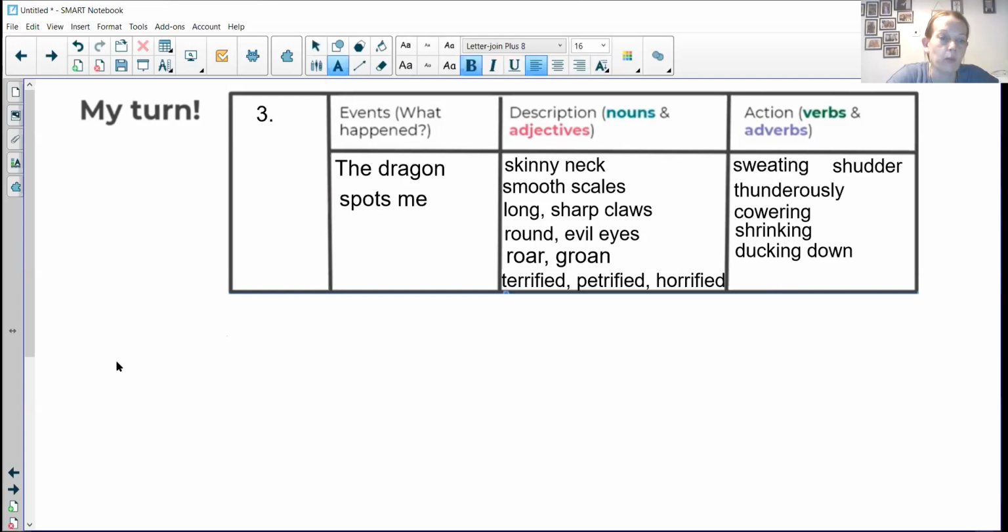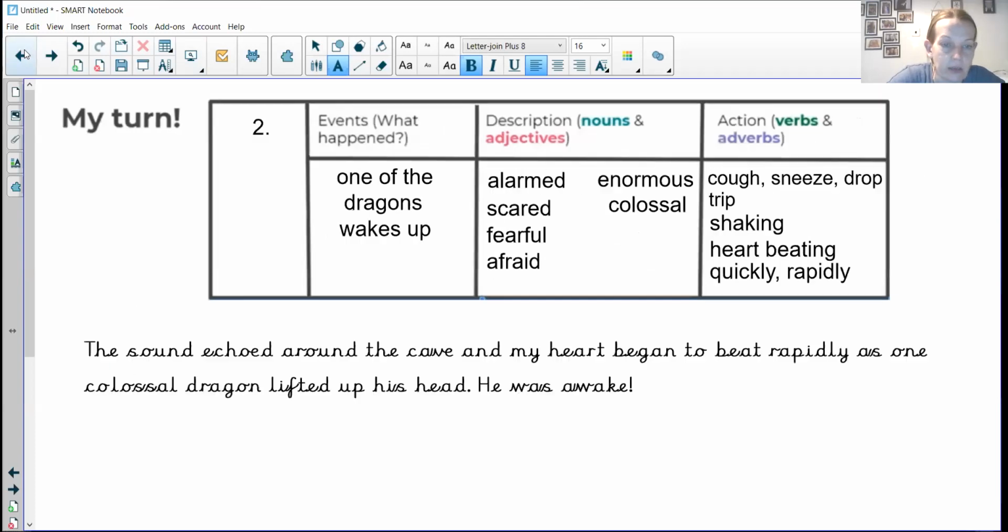So this part is going to be the longest part of our paragraph, because you can see we've got a lot of adjectives in there. We've got a lot of things to talk about, and this is the bit that really builds. So we've been building up the atmosphere, but this is the bit that really would give the reader that feeling of the tense atmosphere as the dragon spots me. So I'm going to start with, and I'm going to check back. So I ended my paragraph, he was awake. So I'm now going to start with,